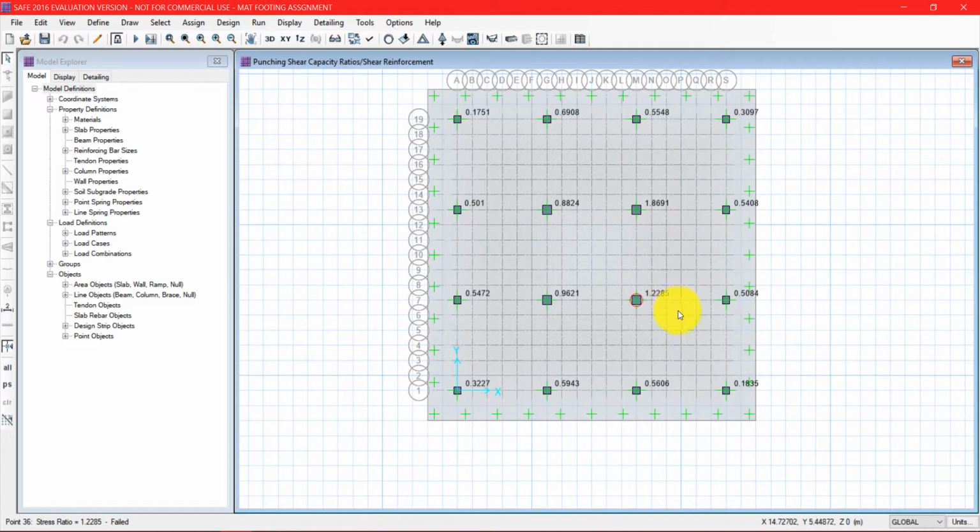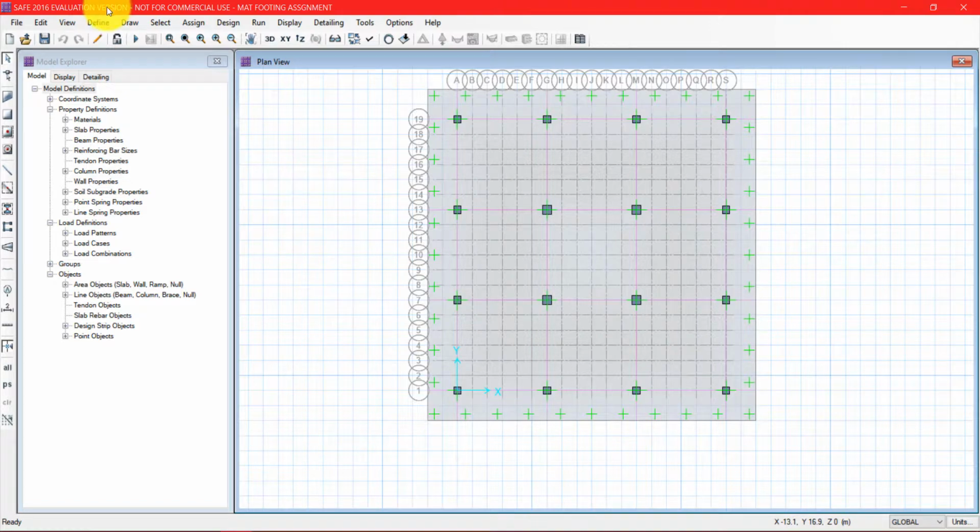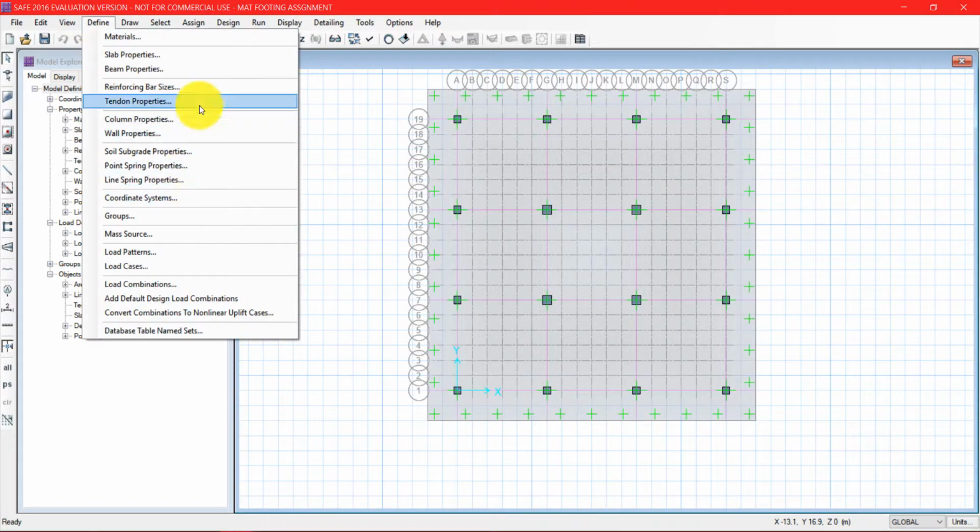Still, in 1 or 2 columns we are getting the punching shear as more than 1. So by increasing the width of the footing further, we can decrease it.